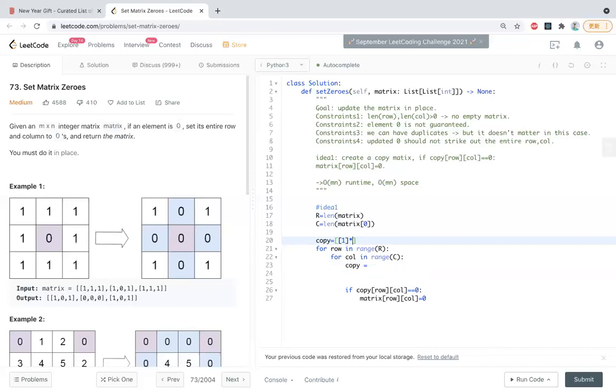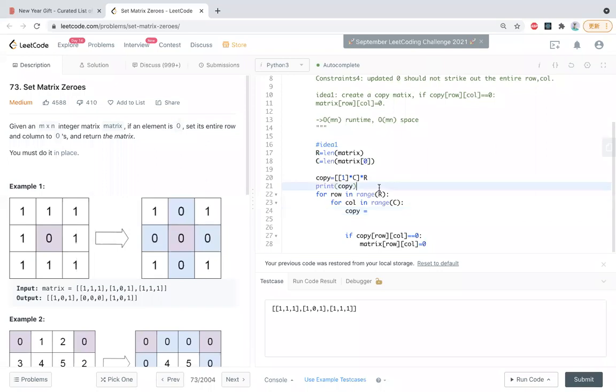We can create a number of column times number of row. So anyway, I first declared copy matrix, and then we want to update copy of row column. So row column is the matrix I'm gonna create. I'm gonna copy from matrix. So that's the row column, and then